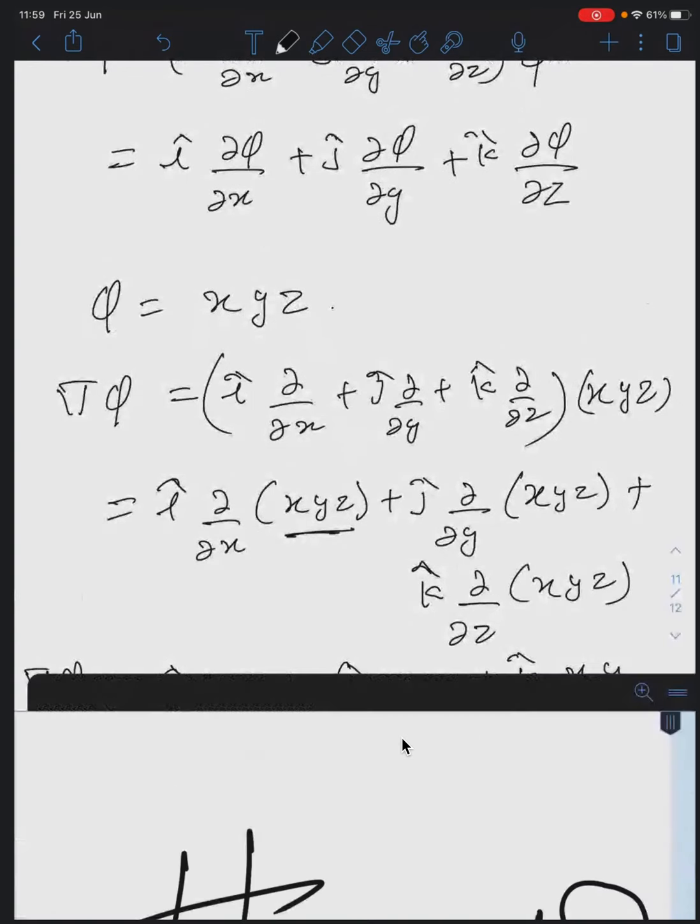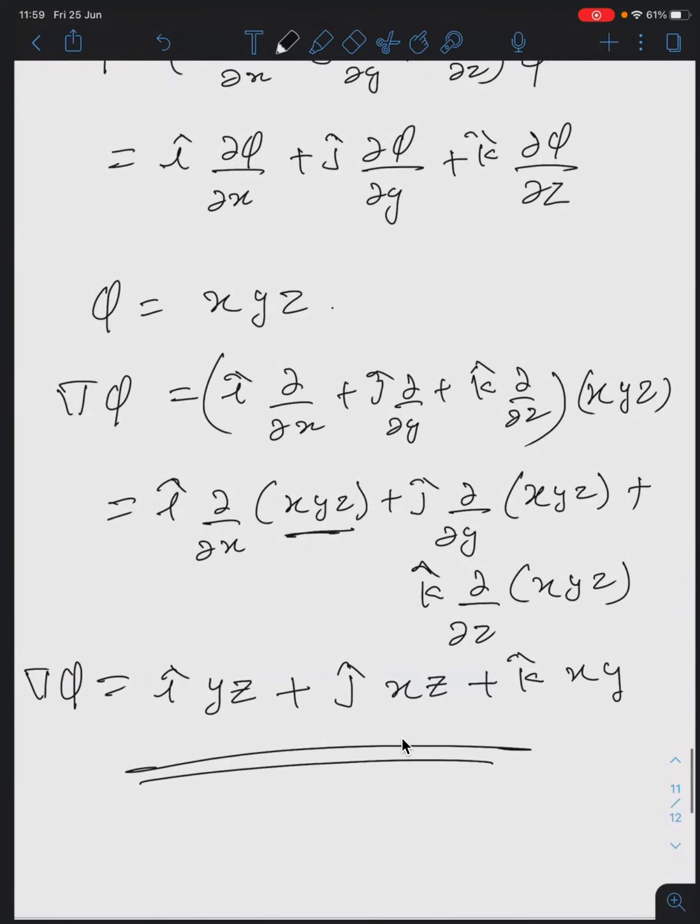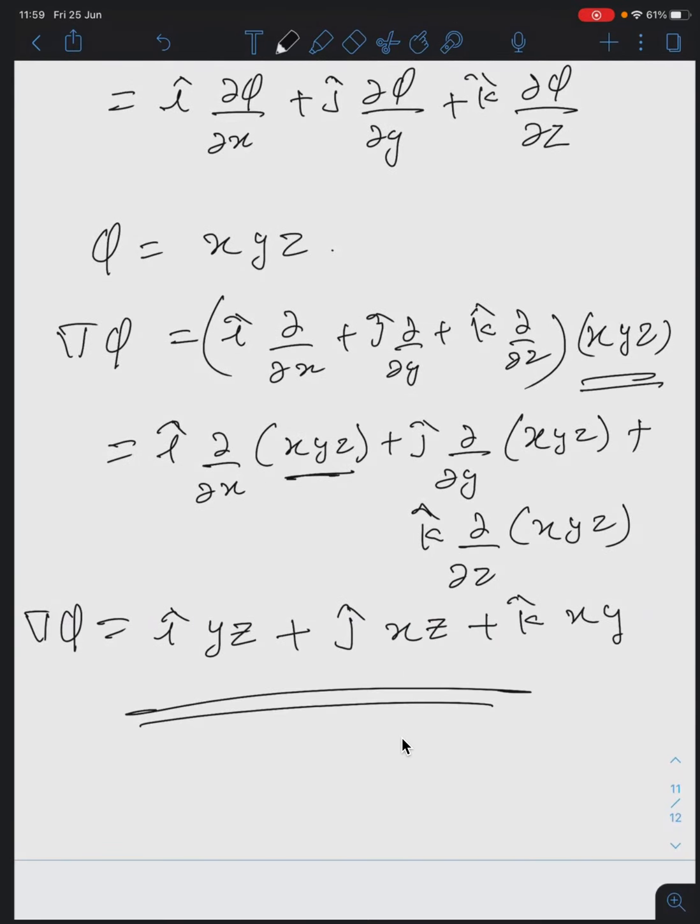Now observe here, the function we have taken is a scalar function. But after applying the operator del on this scalar function, the obtained result is a what function? Vector function. A vector function you will get. So remember this thing. You won't call it the gradient of a vector function. You cannot do it. There is no such thing. Gradient is of a scalar point function only, but the result, gradient of phi, is itself a vector function.